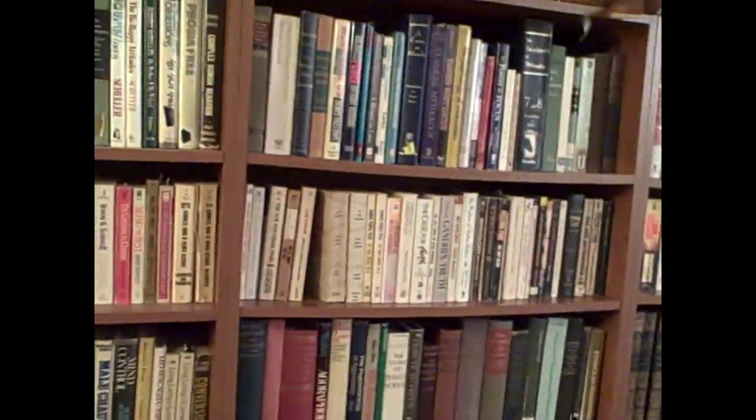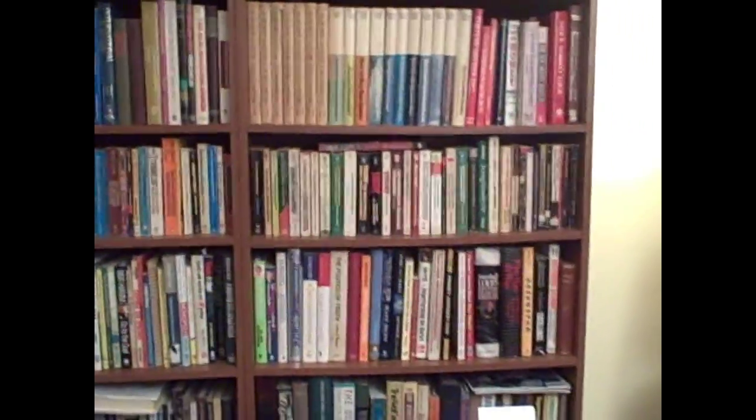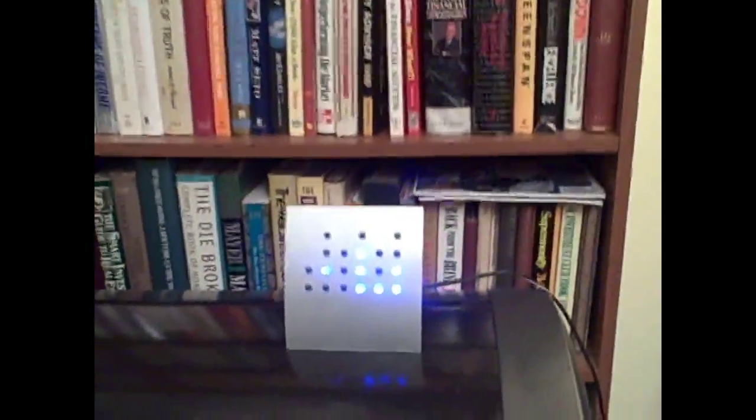Let me show you some of my library here. This is along a wall in my living room. It's about 8 bookshelves long. And if you multiply this by 5, that would be about the size of my library. And at the end here,